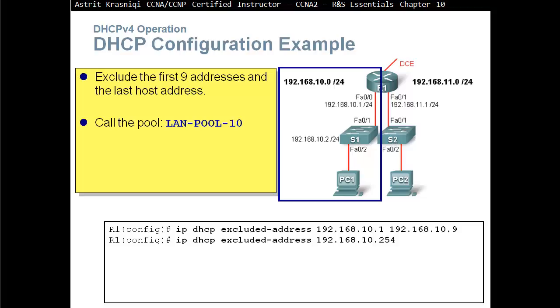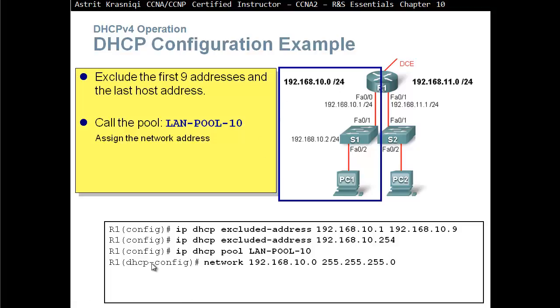We need to create a pool, and this pool is called LAN-pool-10. So in there, ip dhcp pool LAN-pool-10. Assign the network address. So you can see the network is 192.168.10.0/24. In the DHCP configuration mode, we type network